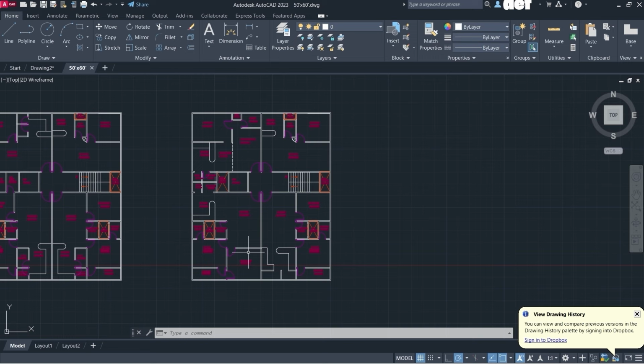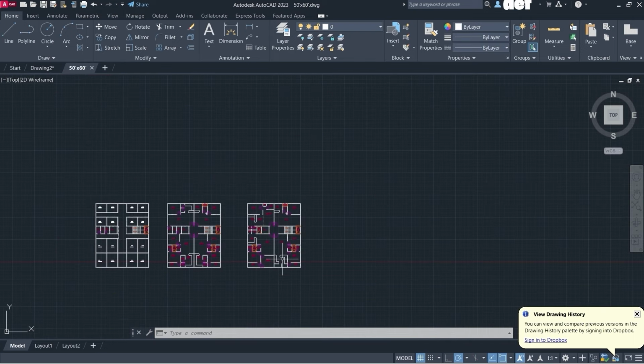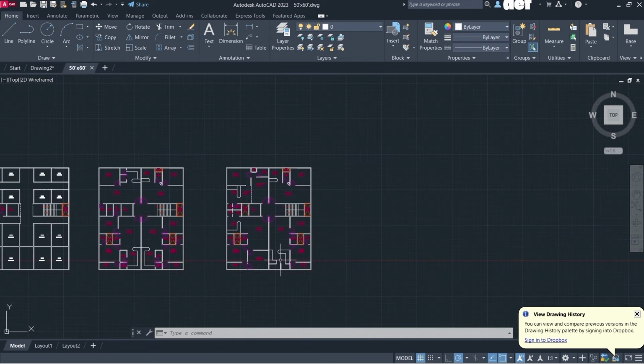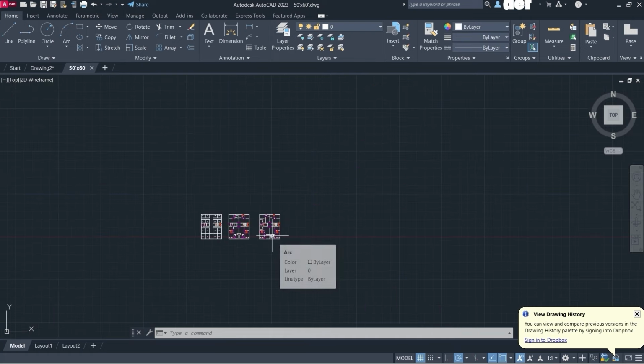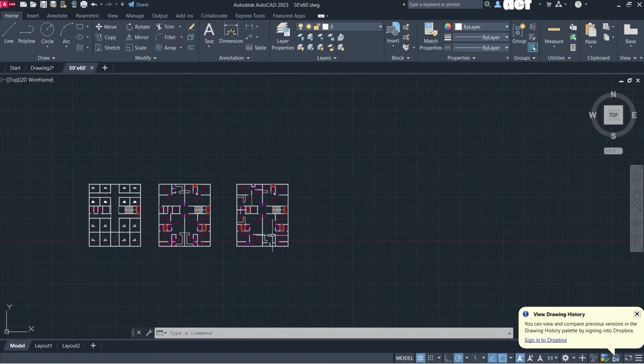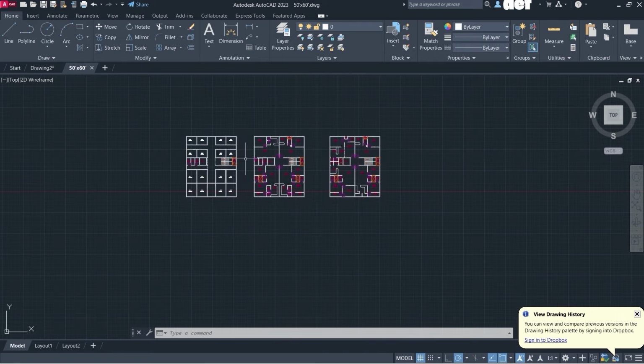If you want to zoom any part of the drawing, just move your cursor close to the object. In this case, I will move my cursor close to this kitchen area here. Okay, and now I just zoom in like this. So this will basically zoom in the drawing. Now I am rotating my mouse wheel in one direction. I will rotate it forward to zoom in, and rotate the scroll wheel in the opposite or backward direction to zoom out. Now if I place my cursor over here, this part will zoom in or zoom out